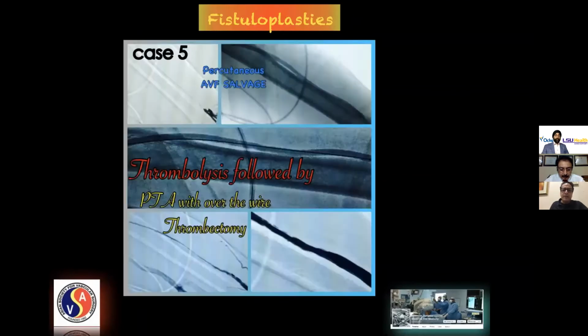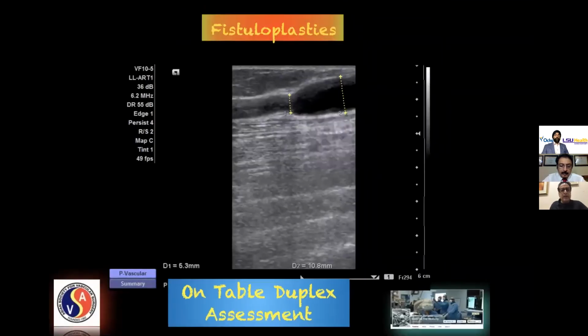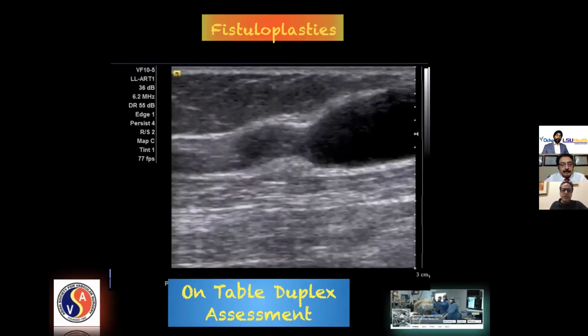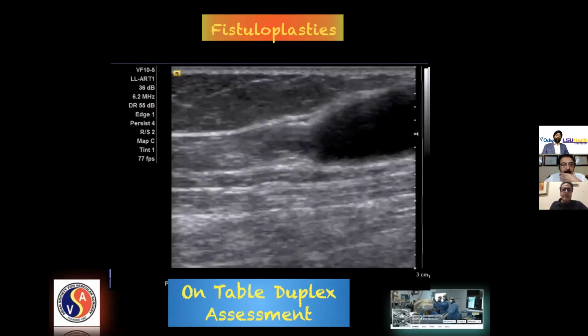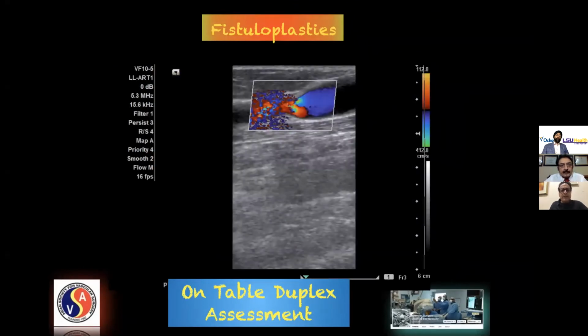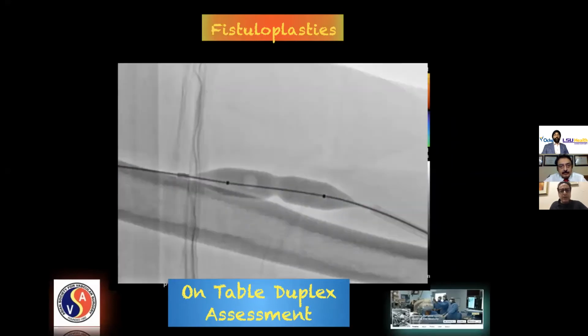And with the help of thrombolytic agents, if there is a concomitant thrombosis in the fistula, by putting in a cannula and giving a thrombolytic agent for a while, then taking these patients up for fistuloplasty, you can salvage almost totally occluded fistulas. Just to give you a case example, on table you can use the duplex to help you. You can see a pulsatile fistula with significant pre-stenotic dilatation in this patient. And when you put your color box on, you see significant aliasing of color, because there is a very tight critical stenosis there. The balloon has a significant waist.